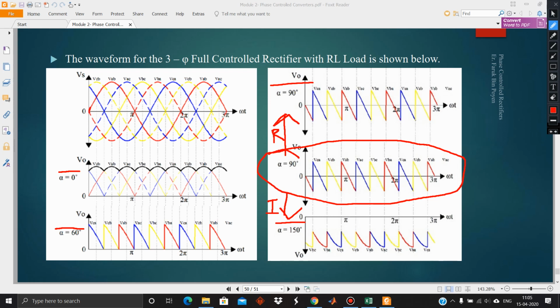But if I study one complete cycle, up to here, how many pulses are we getting? This is one pulse each: VCB, VAB, VAC, VBC, VBA and VCA. That means 6 pulses we are getting. So N is equal to 6. Here also, this is 1, this is 1, this is 1, this is 1, and this blue color partially is here and here. So here also N is equal to 6.